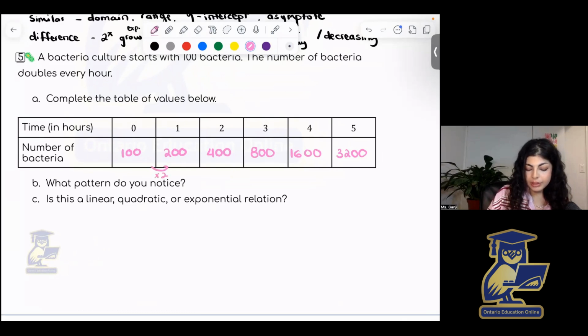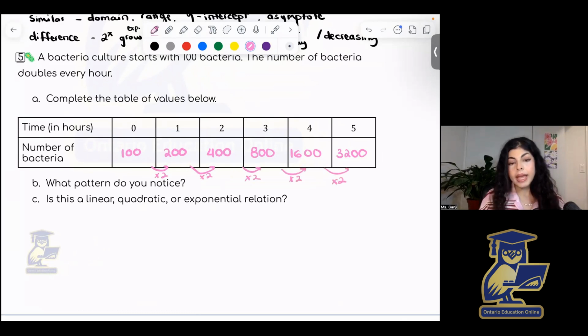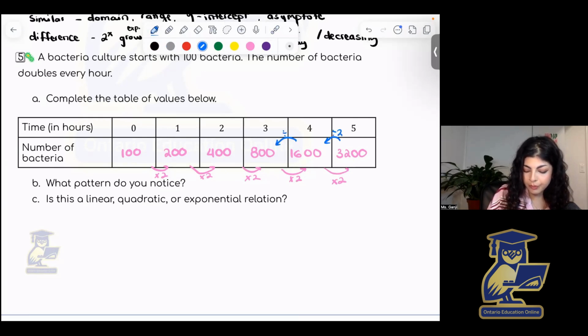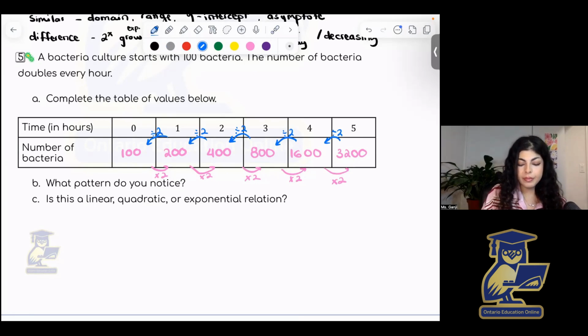And I hope it's clear to see that these are being multiplied by 2 each time. And so the way you identify exponential functions is when their outputs are actually being multiplied by the same value or divided by the same value. So here I can also work the other way and say this is divided by 2, this is divided by 2. As long as it is constantly the same term that's being divided or in this case multiplied, then